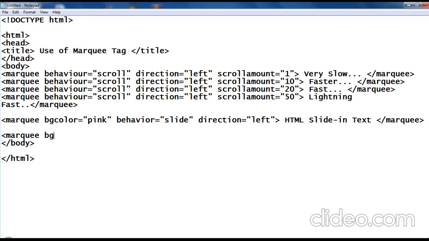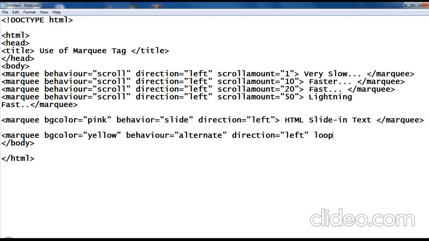Use one more marquee. bgcolor equals, in double quotes, yellow. Behavior equals slide, or say alternate. Okay, so alternate in double quotes, the direction equals, in double quotes, left.